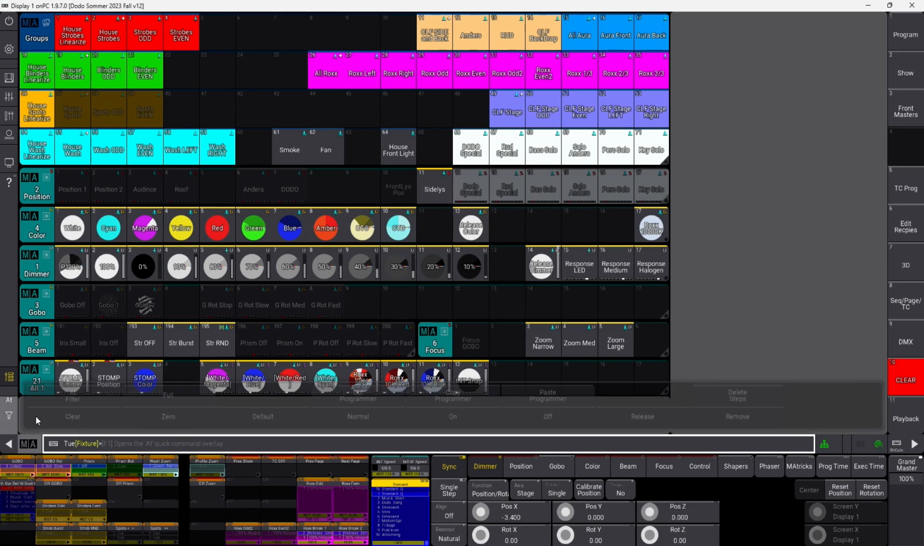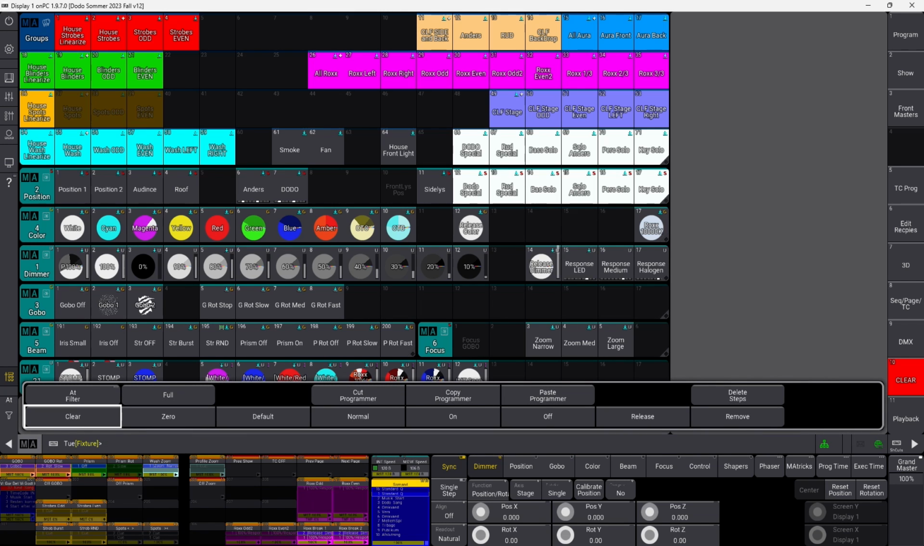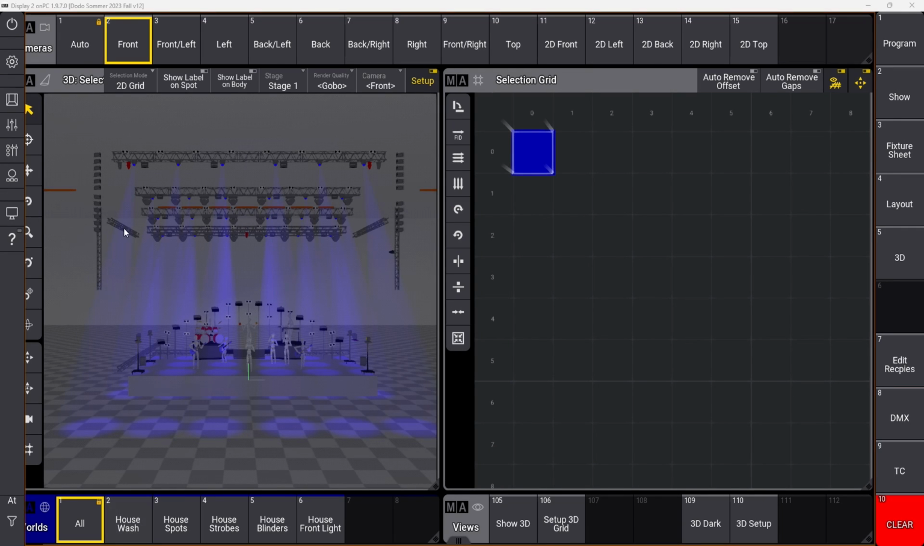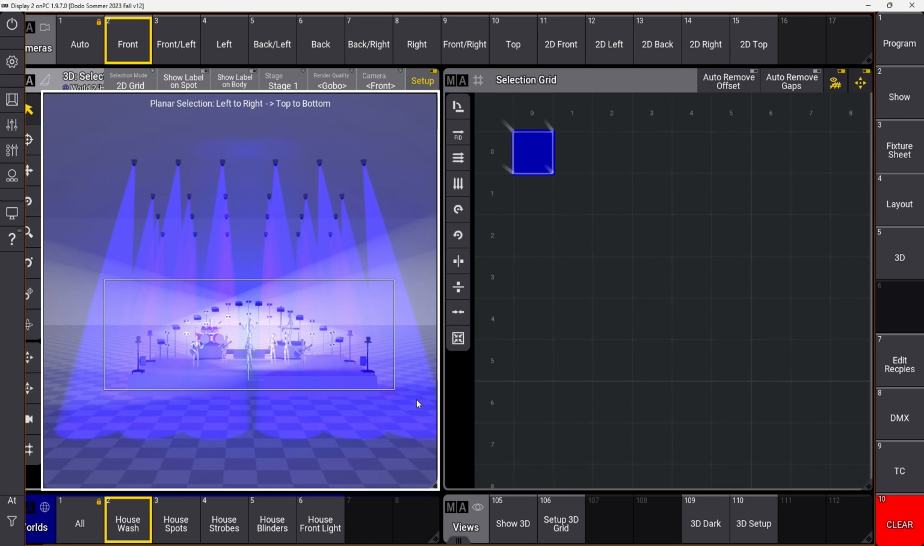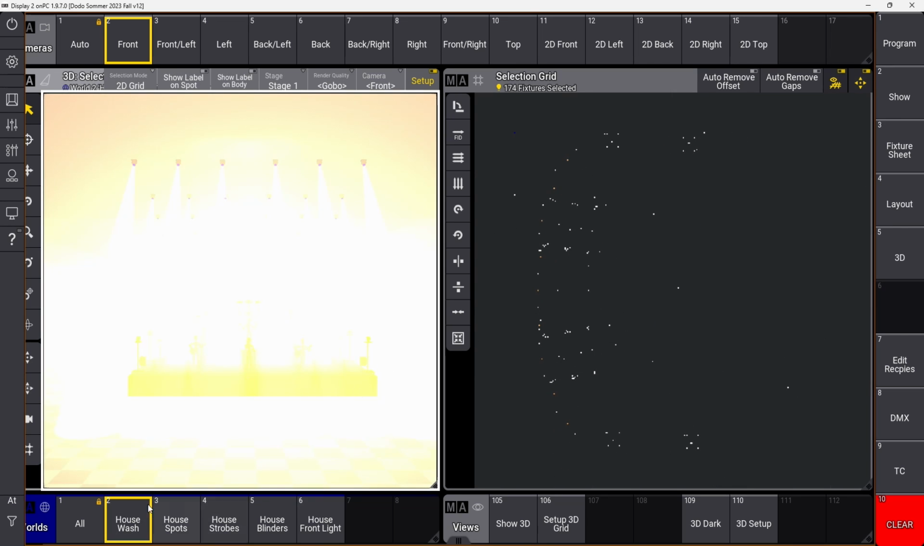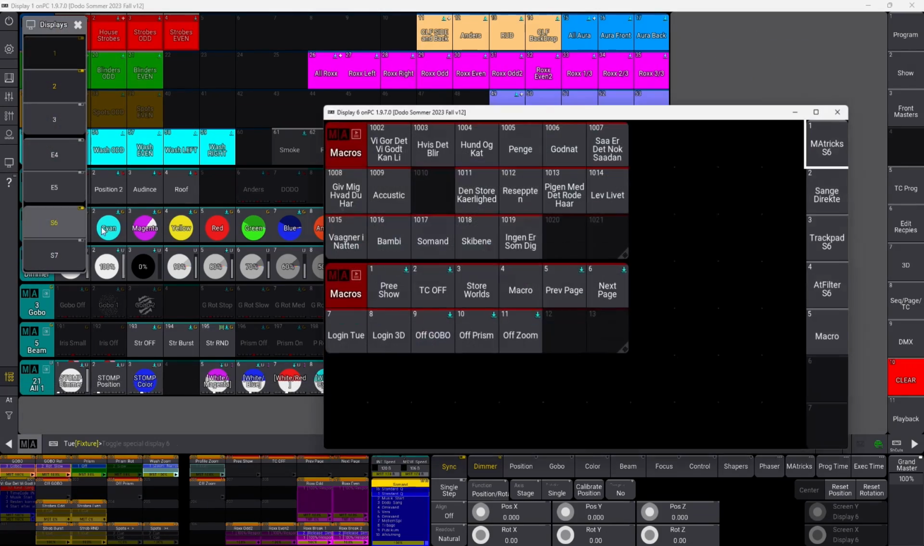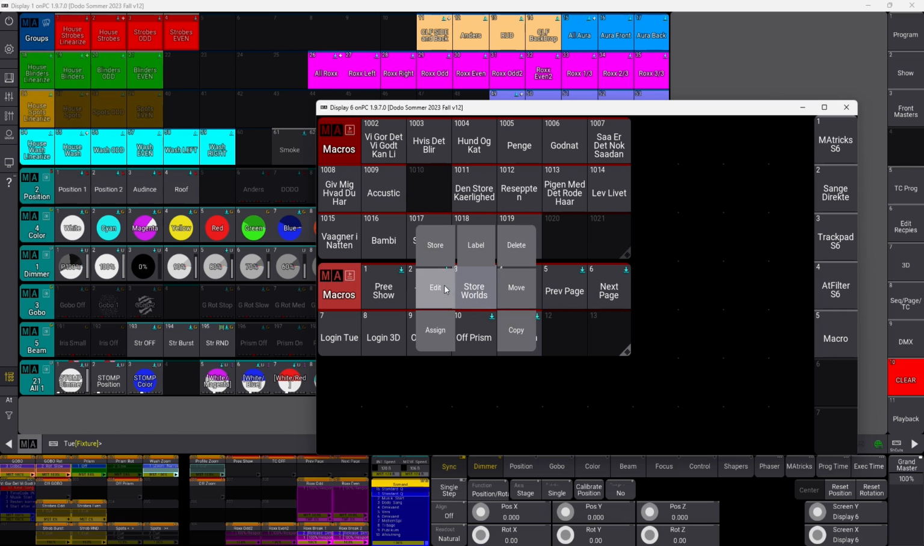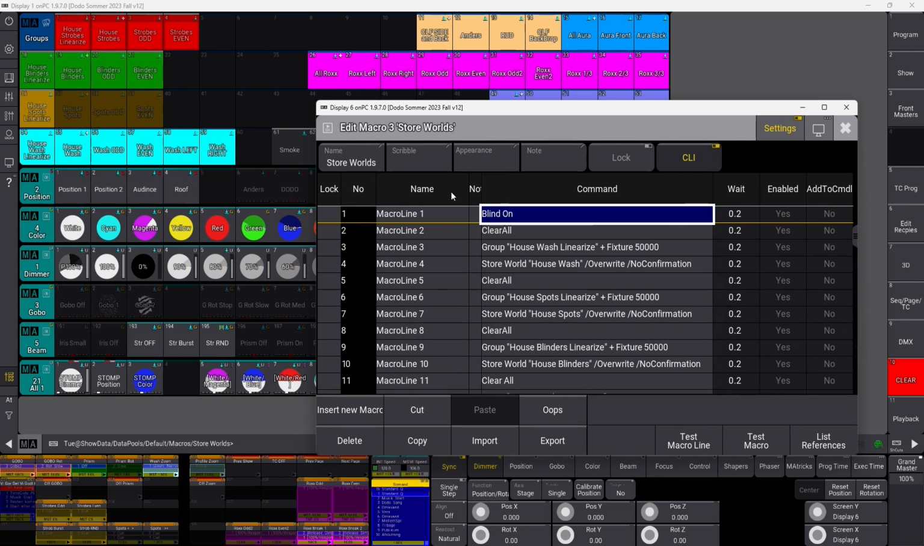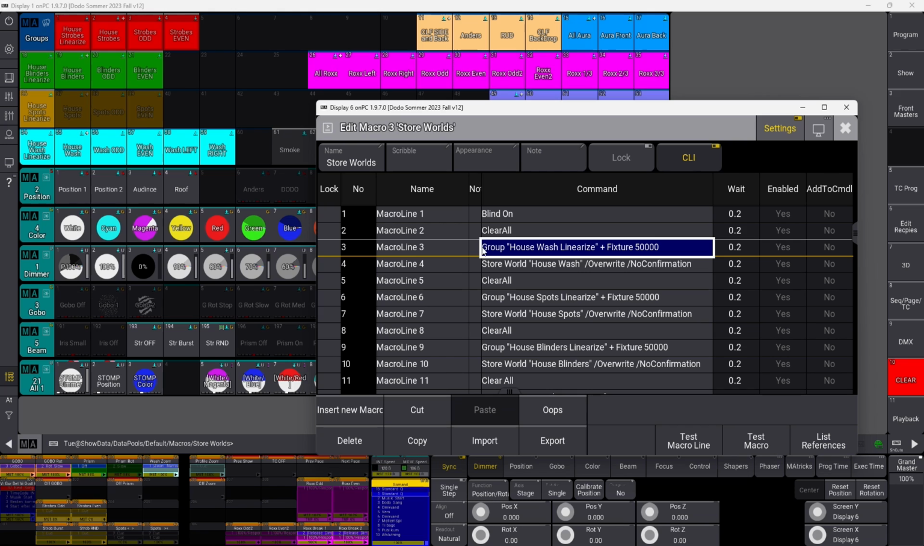And I need that because when I store my world, I want to select all the house washes like this, but I also want to look at my tour production as well, because that is going to be a lot easier for me to see what's going on, to make positions in 3D before I get hooked onto the system. So just to finish the macro here, what I do is, once again, turn blind on,